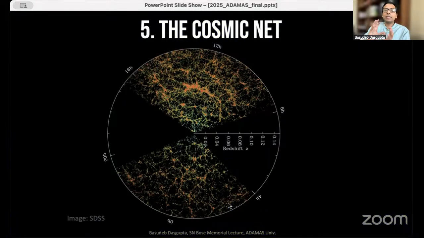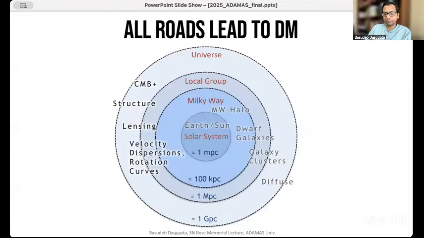But nevertheless, the subtle features of this distribution of galaxies that you're seeing here tell us that, again, we need dark matter, without which these big structures actually could not even have formed. The universe would look far more homogeneous and smooth. These clumps that you see in this picture could not have formed if there was no dark matter.